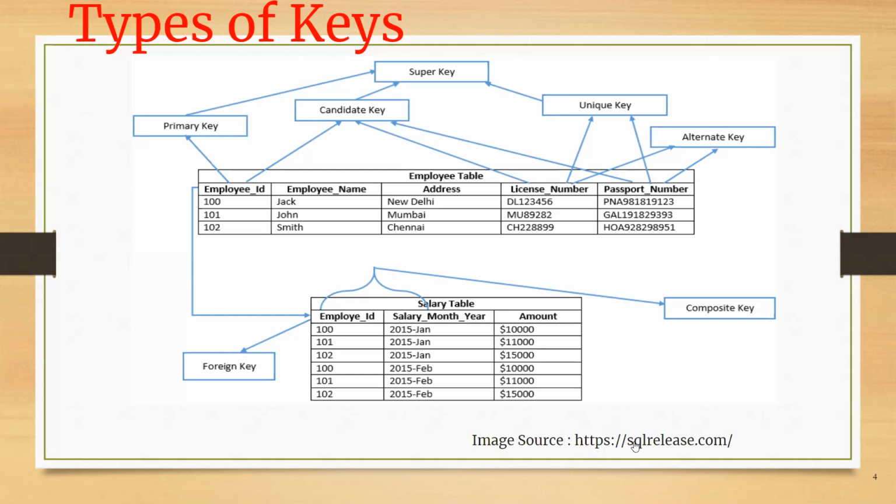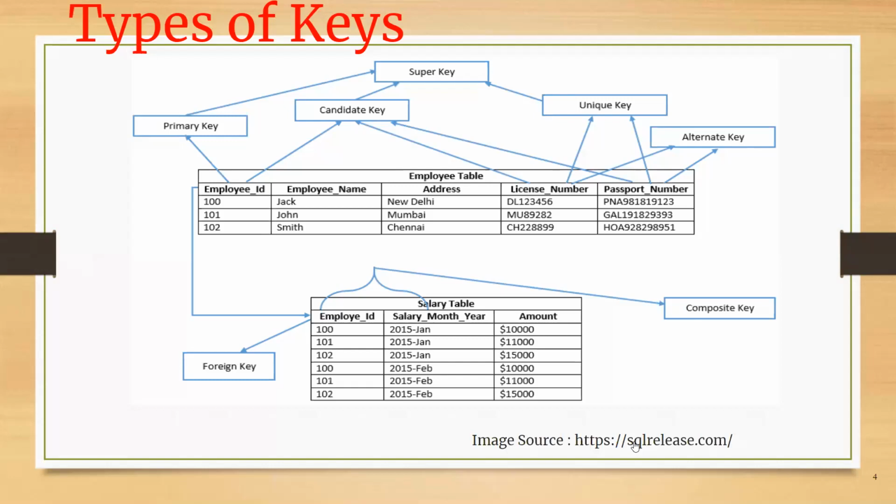Next we have foreign key. When I talk about foreign key, it is creating a relationship between two tables. As we know the definition, one table's primary key, when it moves to another table, becomes the foreign key. So here in this example, employee ID of the employee table is a primary key, and when it moves to the salary table, it becomes the foreign key. The important point is that whatever values are stored in your primary key table with respect to ID values, those same values have to be reflected in your foreign key table as well. So that is your foreign key.